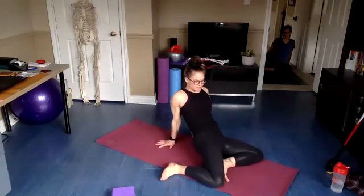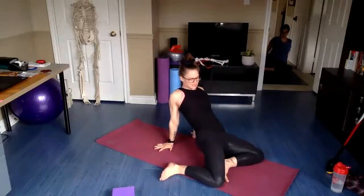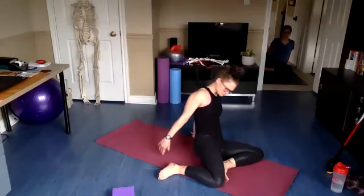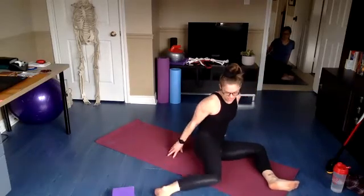reach the right hip towards the left corner of the mat. So again, pushing through the legs, pushing through the hands. Take a breath in. Tuck the tail, breathe all the way out. One more breath in. And all the way out. We're really relaxing the diaphragm, stabilizing the pelvis through the hip. Lower the hip down. You can unwind your legs with your hands or return to that 90-90 position and transition